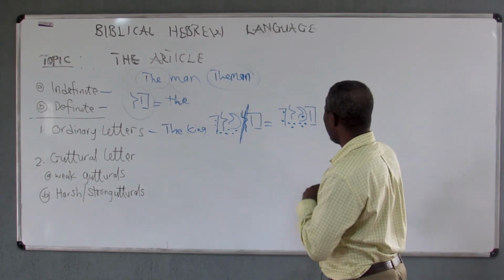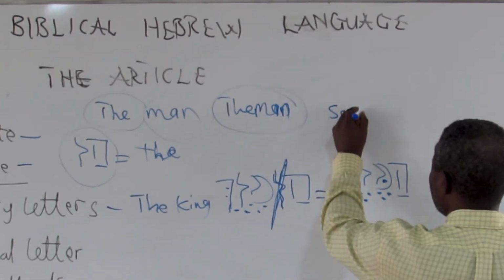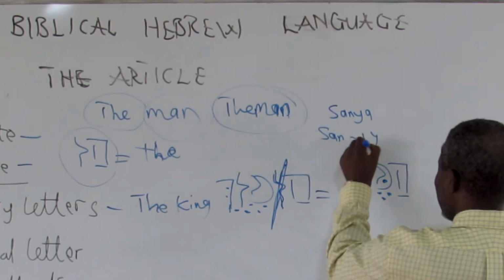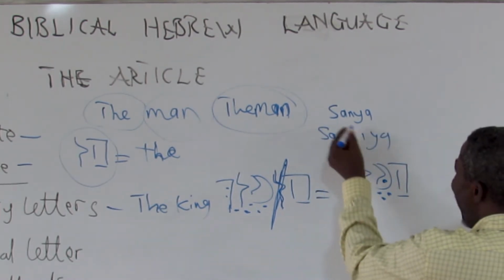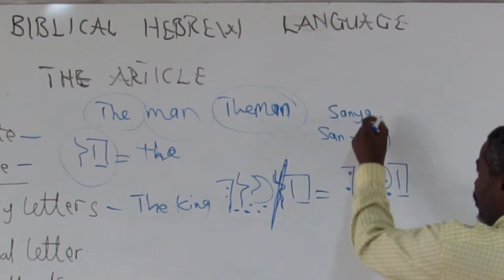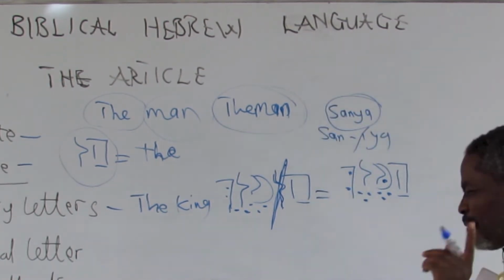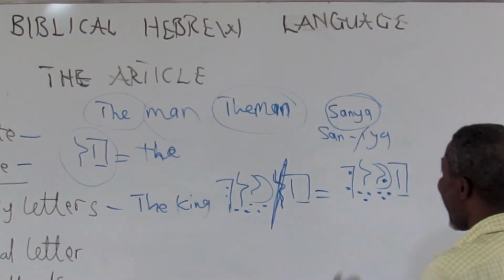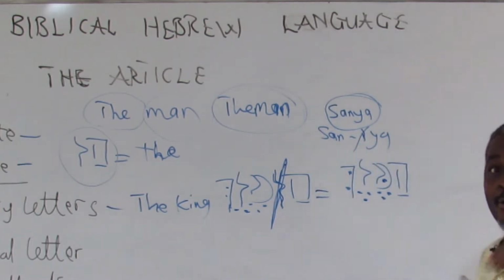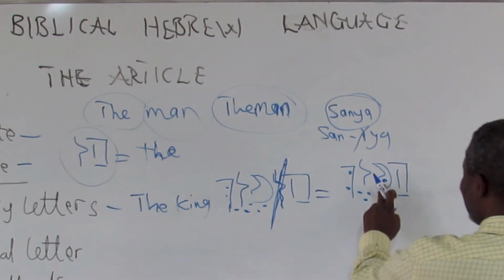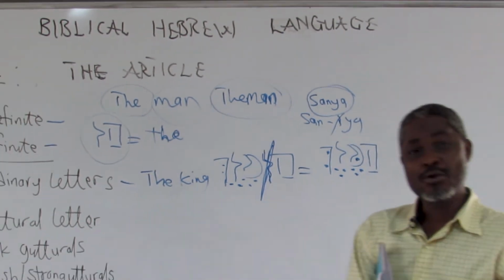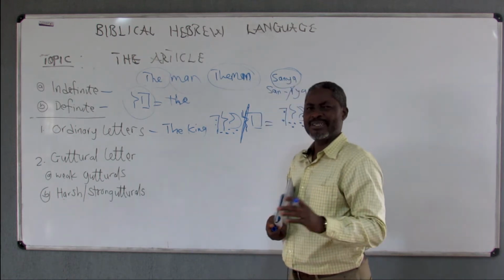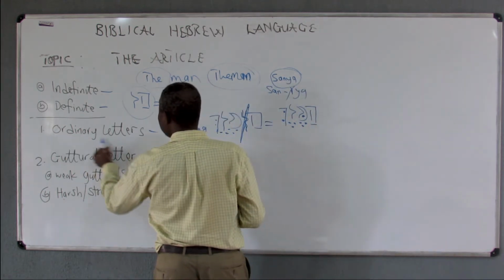For example, in Yoruba language, you can have the word soya. It consists of two words, son, then iya. But when you add it together, the i drops. So it becomes soya as a whole word. But in Yoruba language, you ignore the i that has dropped, you don't compensate for it. But in Hebrew, it has to be compensated for by a dagesh forte going inside the letter that follows. But this principle is only applicable to ordinary letters.